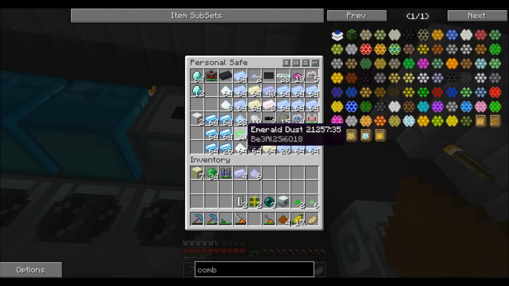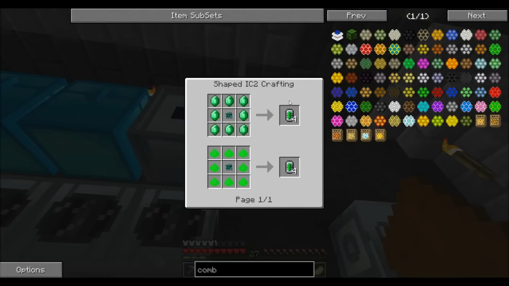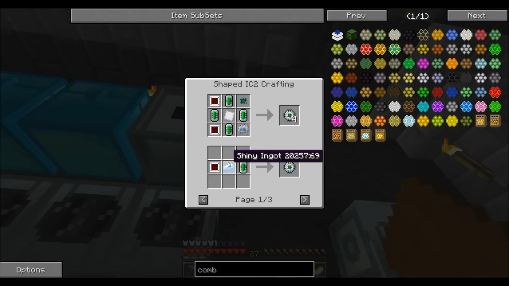Now, in the previous versions, you had to use emerald to do this, but you can now just take an advanced circuit, stick it in the middle, or a pulsating chipset, I think. Yep. Surround it with emerald dust, you get 4 data storage circuit. And there's the old one. With the data storage circuit, take 4 of these, around iridium with 4 advanced circuit. You get 4 of these, or you can just go with the single method, which I do prefer,